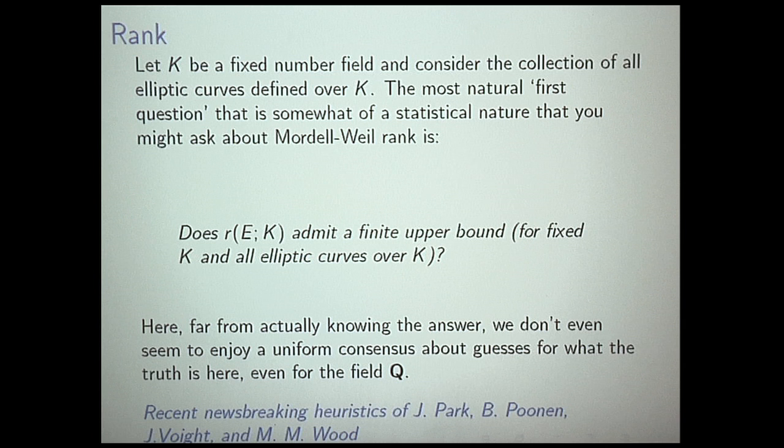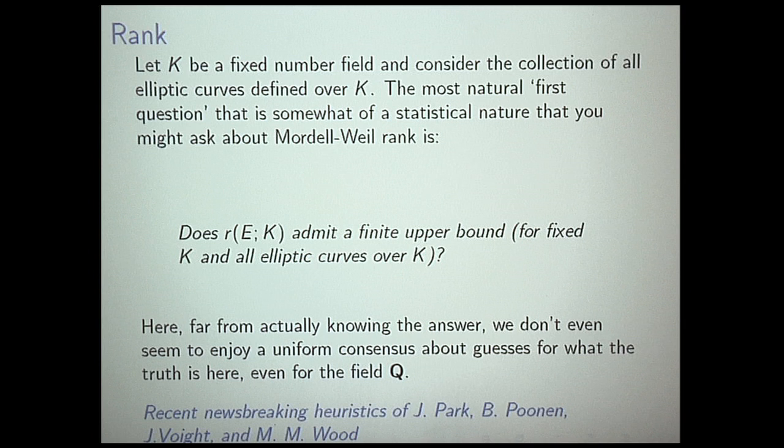Okay. So much for torsion. What about rank? Let K be a fixed number field, and consider all elliptic curves over K. The first question you might ask of a statistical nature about more arbitrary rank is, does it admit a finite upper bound for a fixed K and all elliptic curves over that field K? Well, I certainly thought the answer was no, but I think I may have been forced to change my mind, or maybe not yet, because